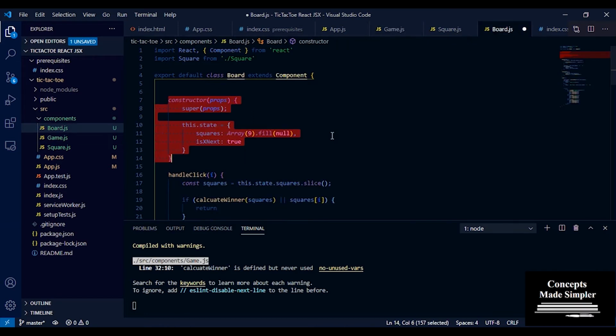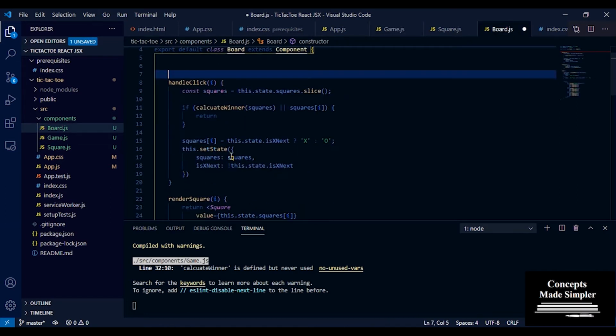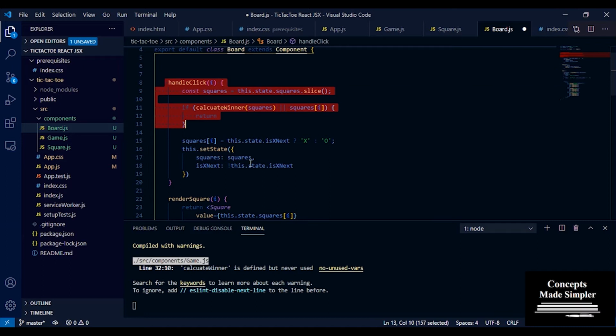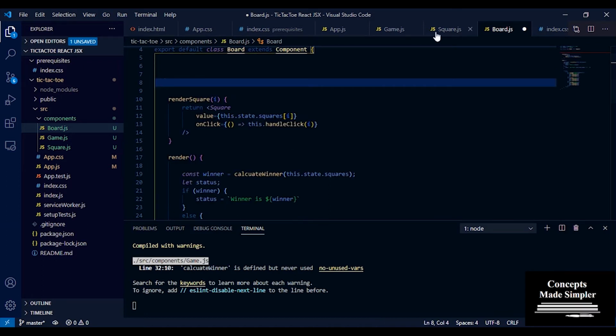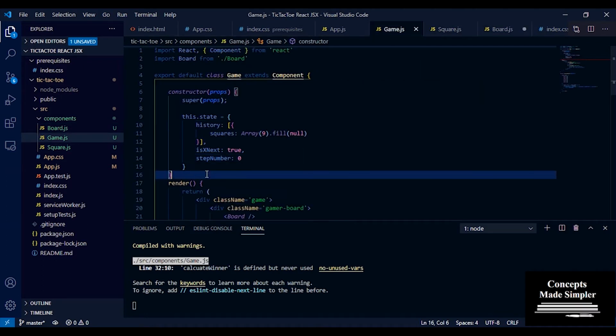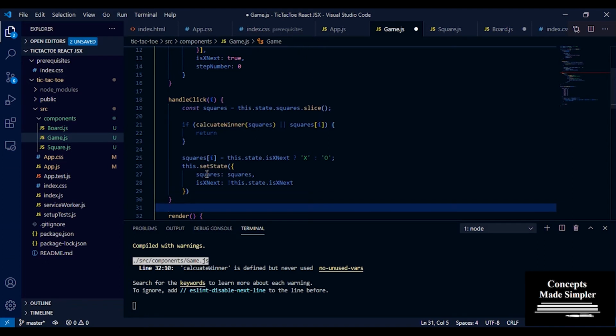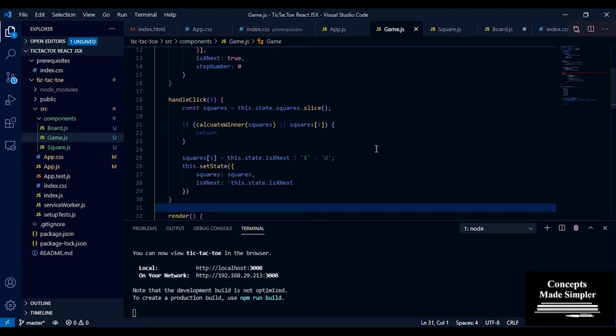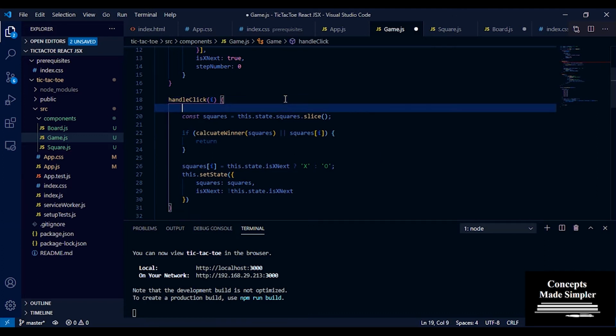Next, we are going to remove all this information from here. We're going to pick this handleClick function and bring it into our game component. Now we are going to shift this handleClick a bit. In handleClick, first we are going to pull out history.